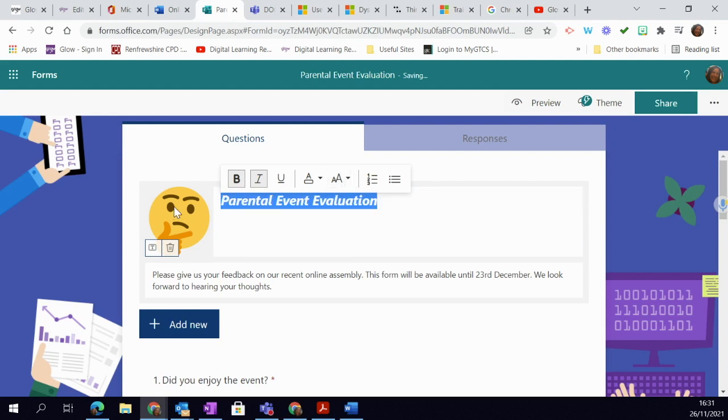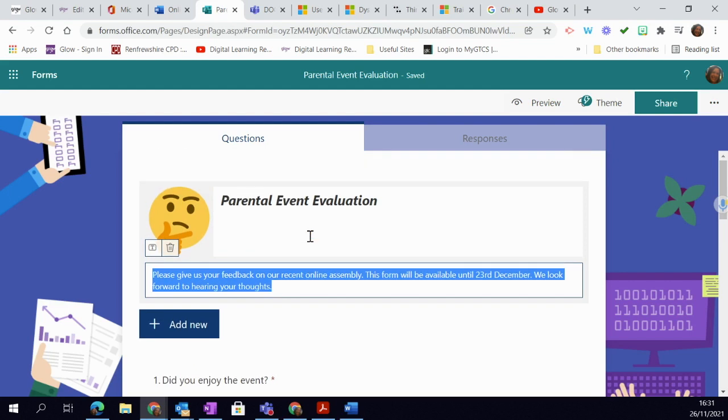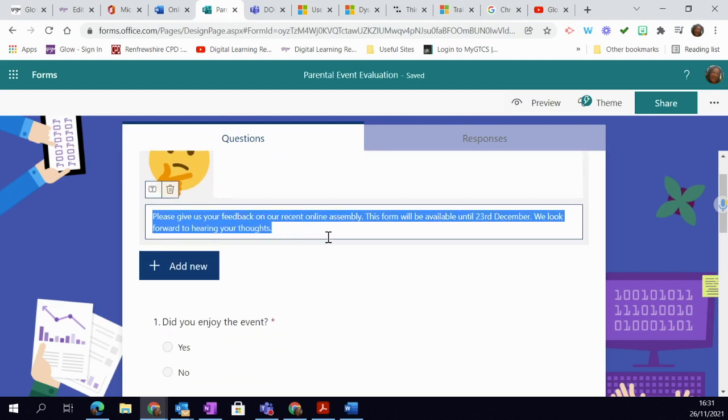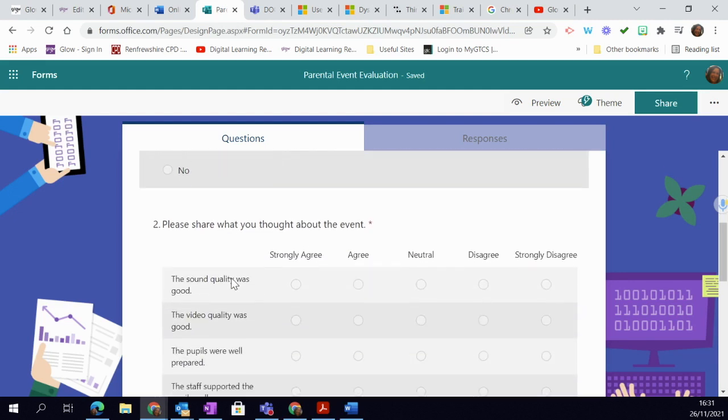You can also add an image simply by clicking. You can add that image, and then you can add in a little bit more information about what your form is all about. Then you simply click on Add New to add questions. So I've added a range of questions in this